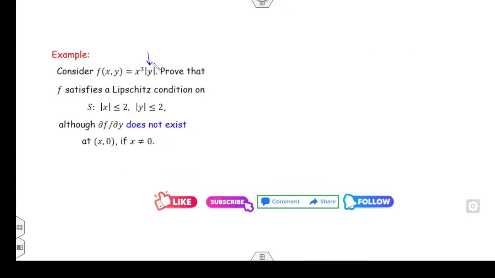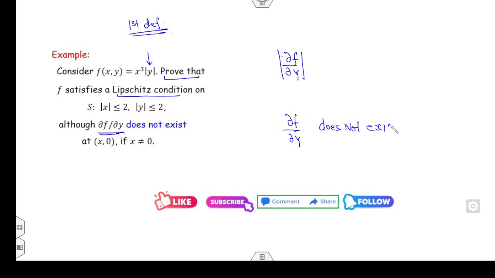Now you can see it's a modulus of y. So we will apply the first definition of the Lipschitz condition. Now if you read the statement, consider the function f, prove that f satisfies the Lipschitz condition. However, although del f upon del y does not exist. फाइन, अगर आप सेकेंड डेफिनेशन लगा रहे हो, और एक तरफ ये कह रहा है कि डेल एफ अपॉन डेल वाई डज नॉट एग्जिस्ट, और एक तरफ कह रहा है कि ये आपके पास लिप्स्टिस कंडीशन सेटिस्फाइड हो गई, how is it possible, फाइन। तो इसका रिमार्क भी मैं आपको इसी लेक्चर में दे रहा हूं।